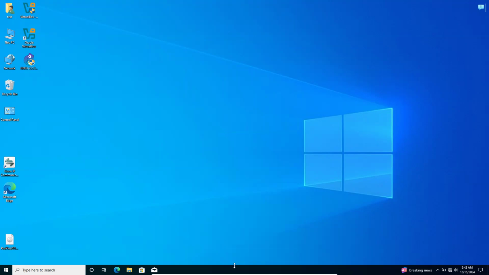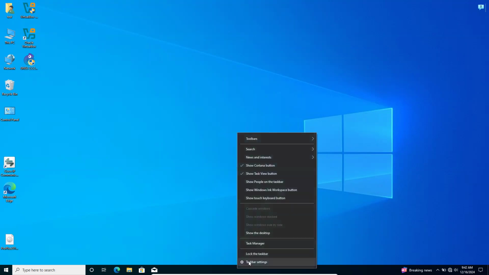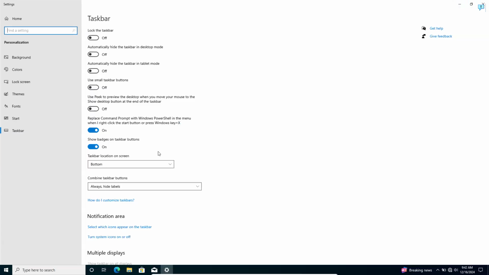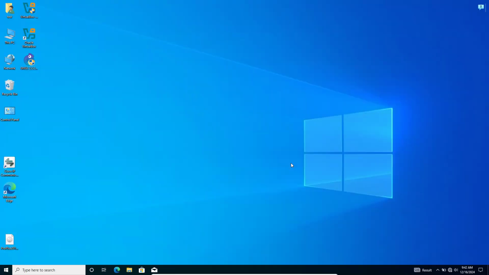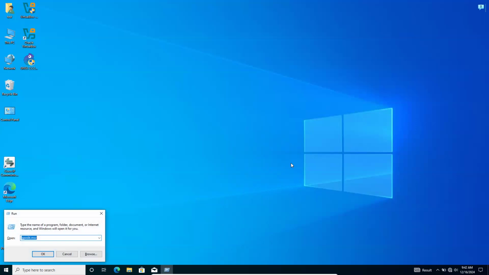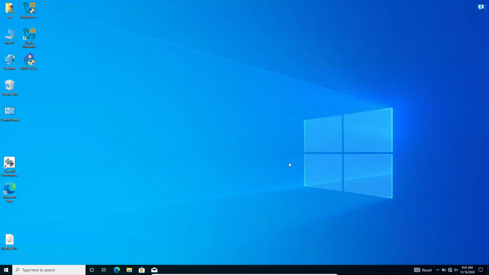To prevent this from happening, you can also use taskbar settings and turn the lock the taskbar option on from here as well. But if you want to permanently lock the Windows taskbar so that no one can drag this taskbar to any location on the screen, you can open gpedit.msc